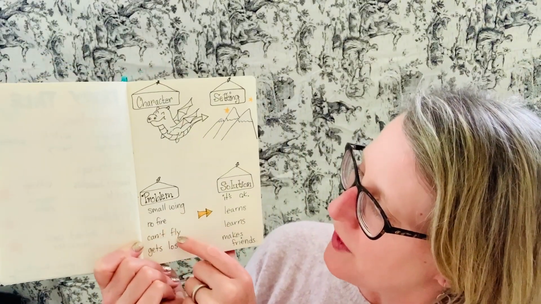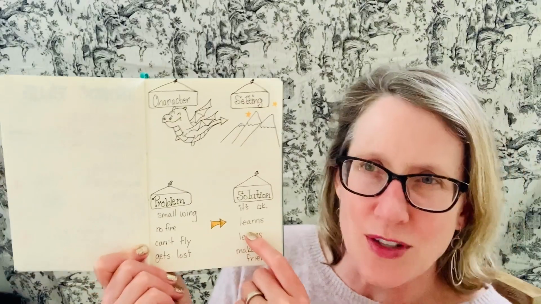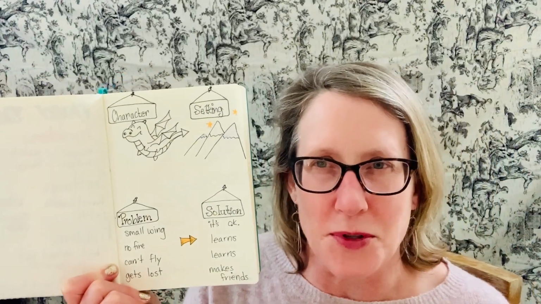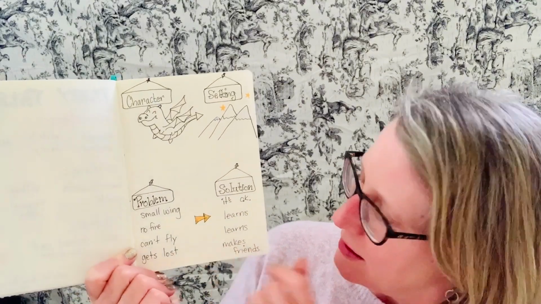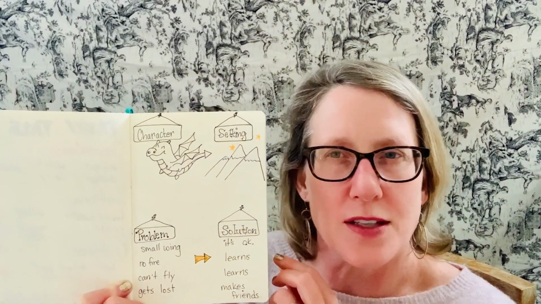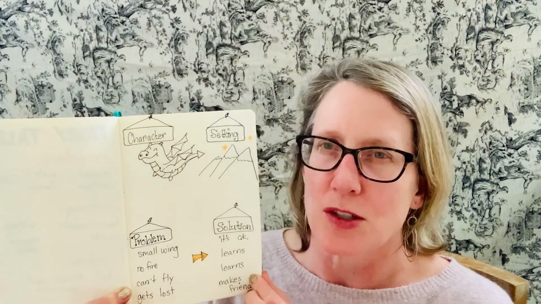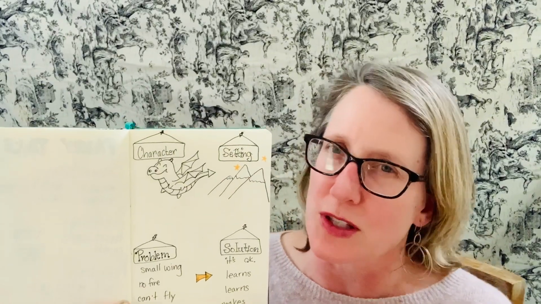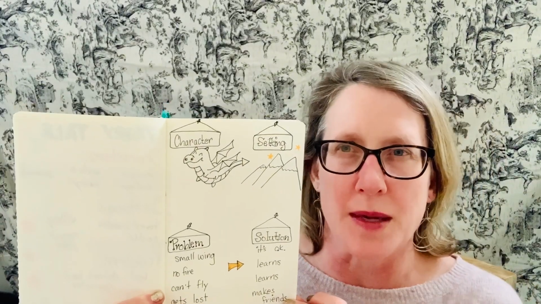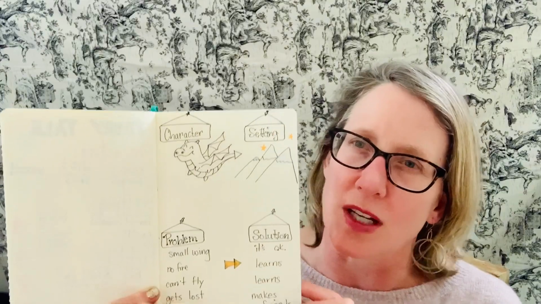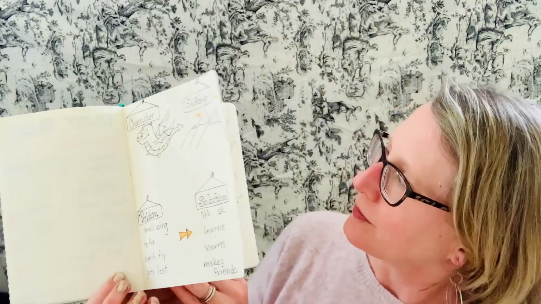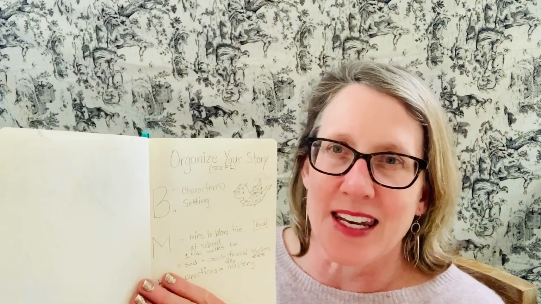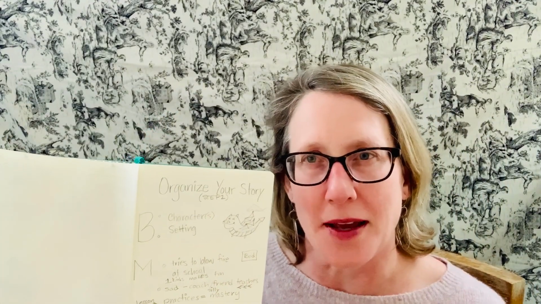If he can't breathe fire or can't fly, he learns how to do it, because isn't that what we're trying to do? And then he gets lost. He makes friends along the way. Gets rescued by some of his friends maybe. Just like Little Red Riding Hood, she gets rescued by the woodcutter. Or maybe Snow White, she gets rescued by the prince, but the 7 dwarfs help her. So then I'm going to show you the second piece as we get started today.